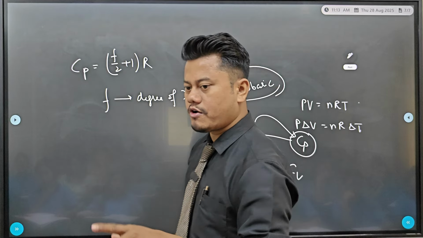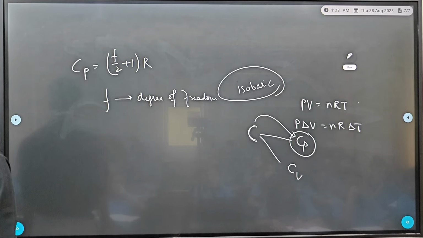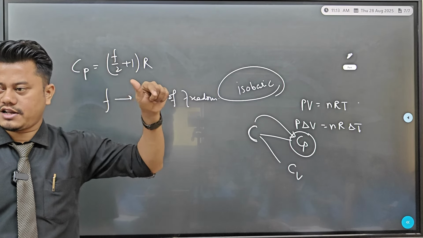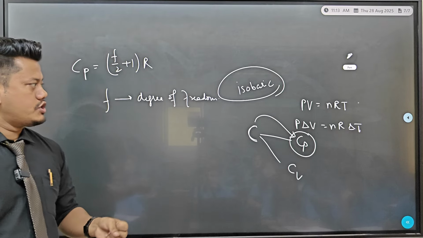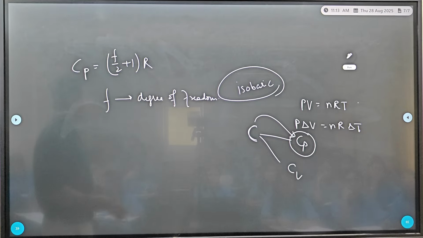Once your KTG, kinetic theory of gas, will be over, everything will be clear. Understood or not? But right now we are using all those terms which we are going to get in kinetic theory here itself. Is that clear? So we have calculated work done. We have calculated specific heat. Let's go for the